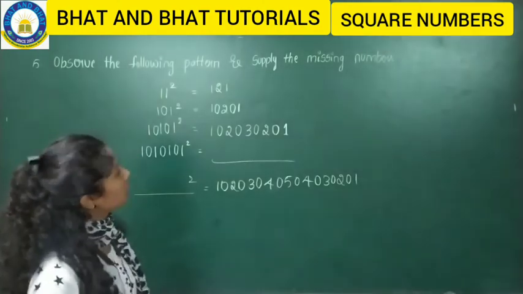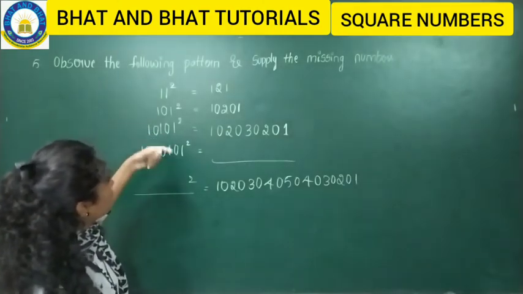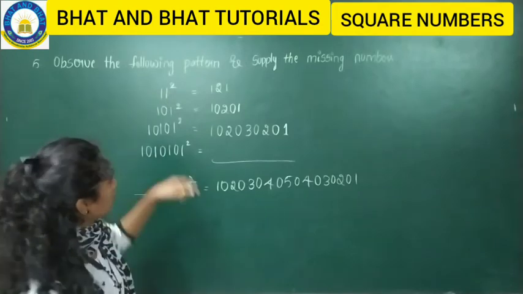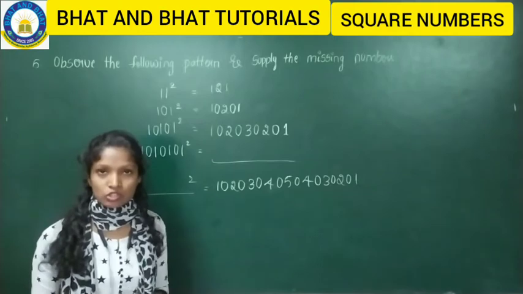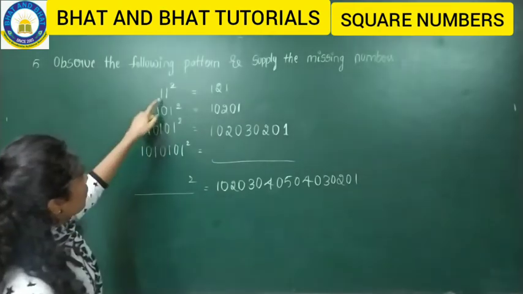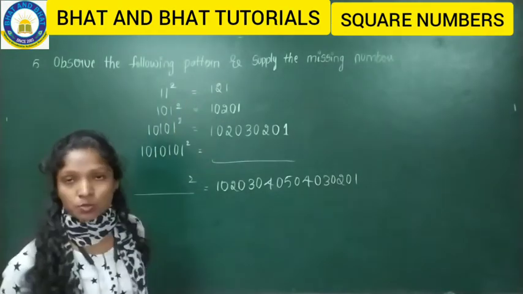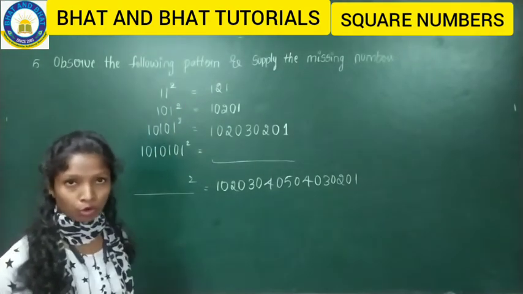It seems similar to that. There we had 10001, here we have 10101, and this number is also different. So just a little bit of change, but compared to yesterday's class, this is also the same. In the same way, you can either do the square or you can use the logic and solve this particular problem.